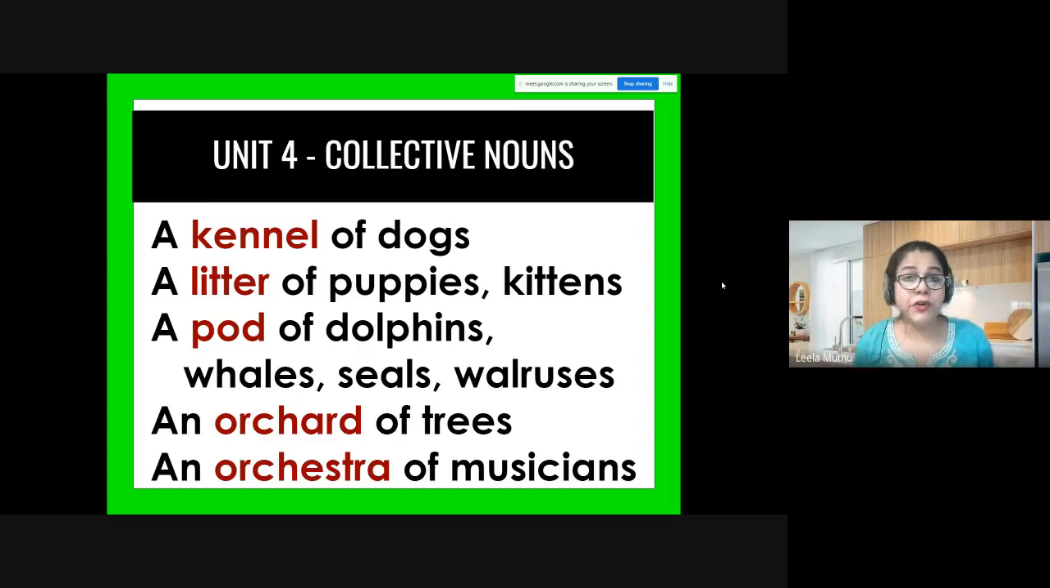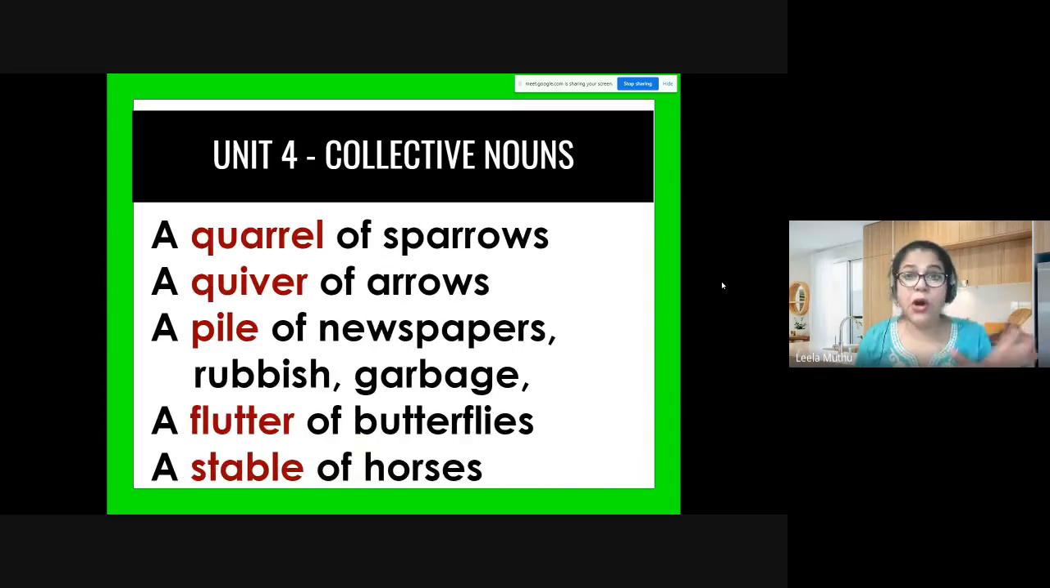A pod of dolphins, a pod of sharks, a pod of whales, a pod of seals, a pod of walruses. An orchard of trees. When you usually talk about an orchard, it refers to fruit trees usually. As I explained, an orchestra of musicians. A quarrel of sparrows. I don't know why they call them a quarrel, but I can only think that when there were a whole lot of sparrows together,